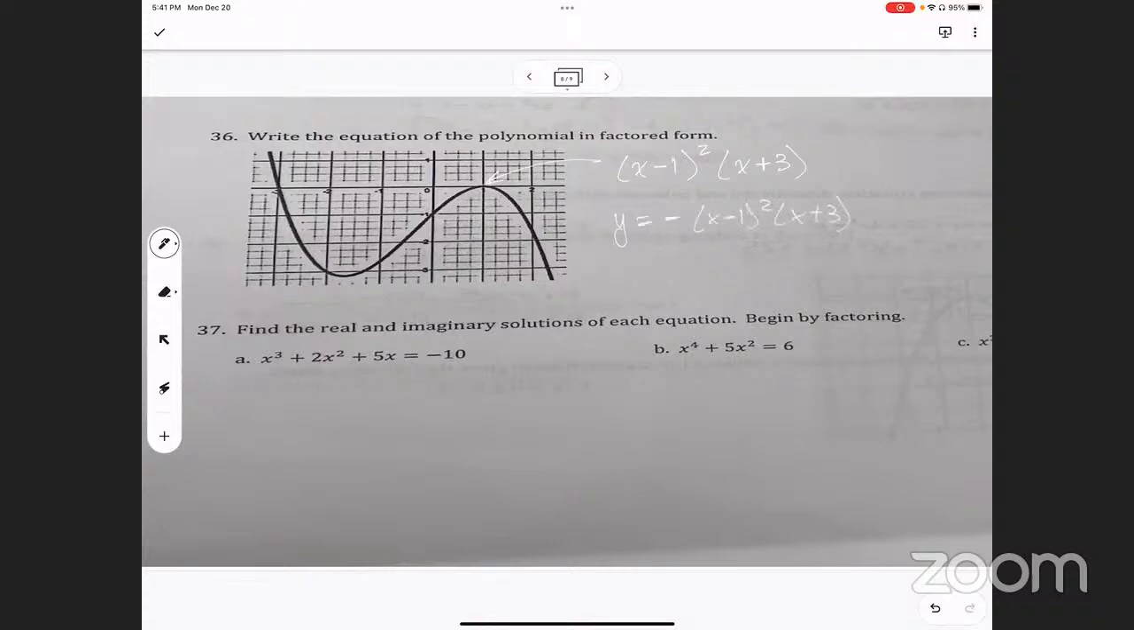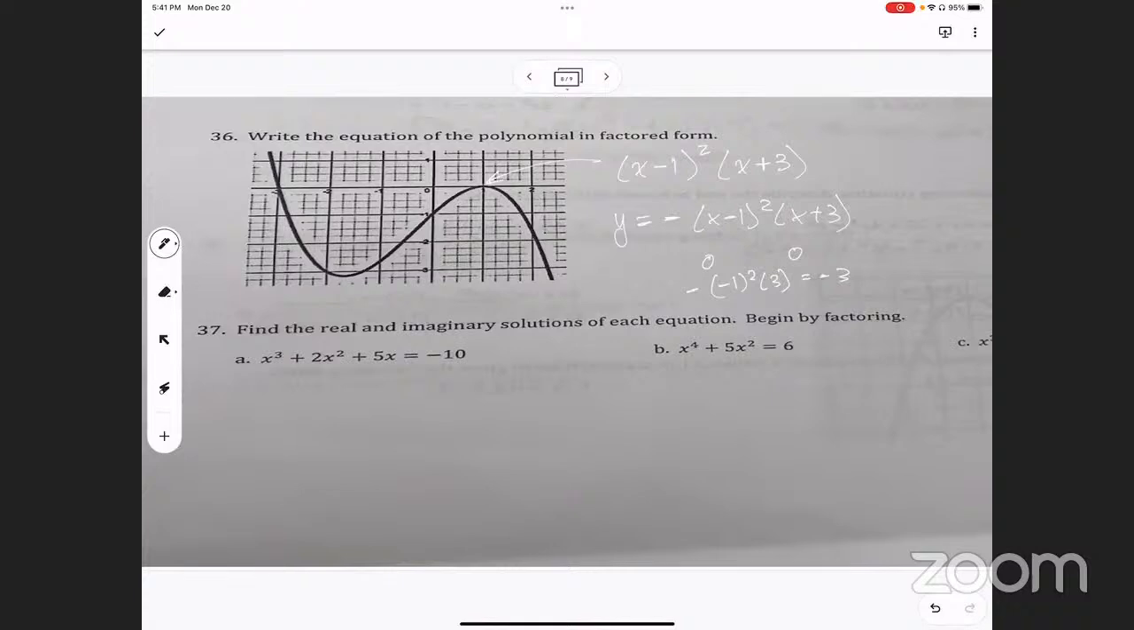Now, you can also look at your y-intercept. You might have to add something else besides just the -1. The y-intercept is -1, so let's plug in 0 and make sure that works. If I plug in 0, what am I going to get? I'm going to get -1 squared times 3, which is what? And I'm going to have a negative in front of it, right? So that is -3. I don't want it to be -3. I want it to be